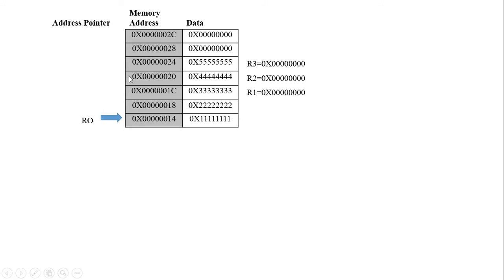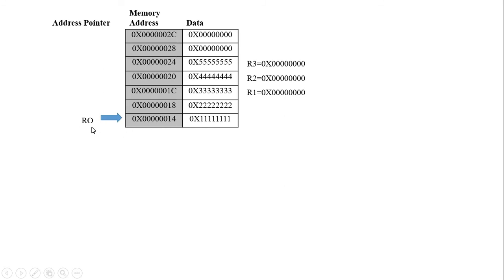Here I consider the memory addresses starting at 0x00000014, with the next location a difference of 4, because here 32-bit data is stored at each memory location as a data value. That is the reason I consider a 4-location difference when pointing to the memory addresses. So the first address location is 14, the next is 18, then 1C. This is in hexadecimal representation.